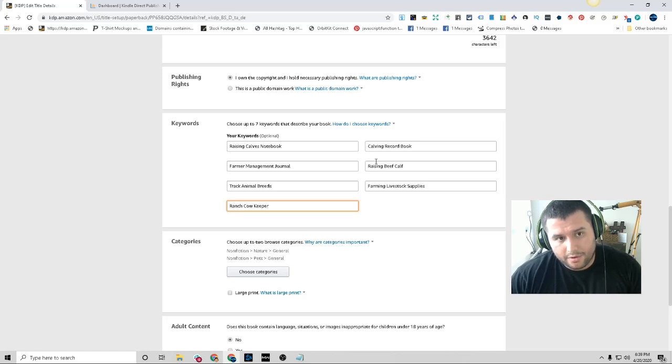It makes sense for the Amazon algorithm, right? If you're helping the algorithm, giving it the exact keywords that it wants, it's going to make it easier for the algorithm to find the actual product. So basically, for example, if the customer is typing in ranch cow keeper, right, and they're looking for that book,